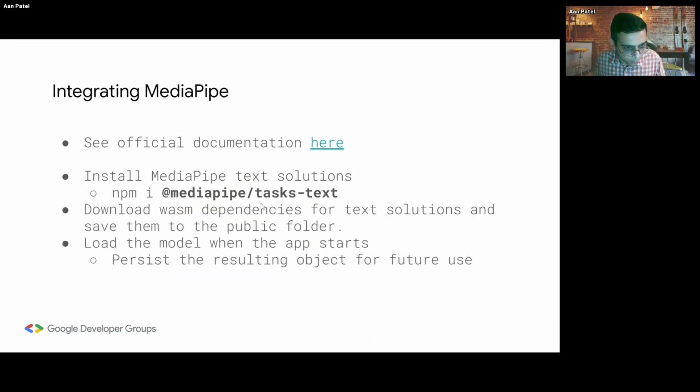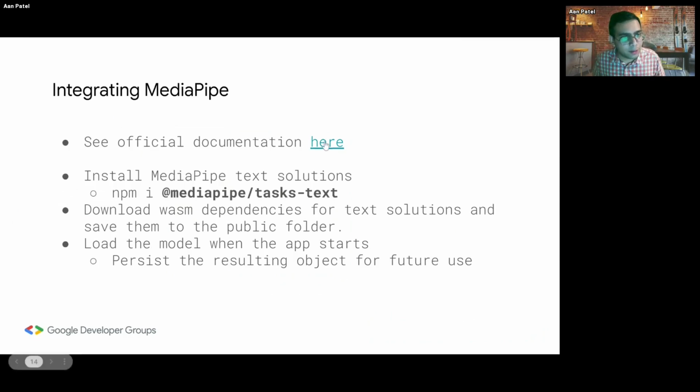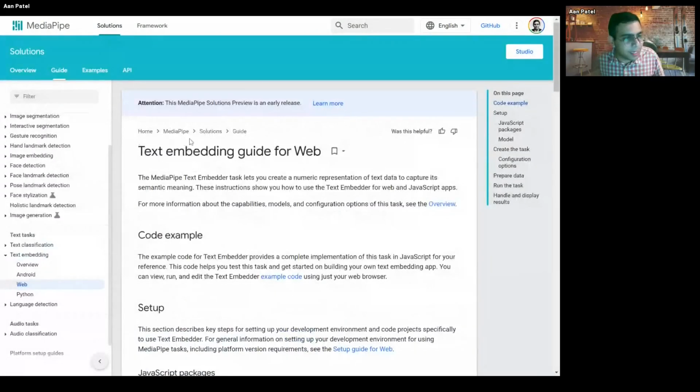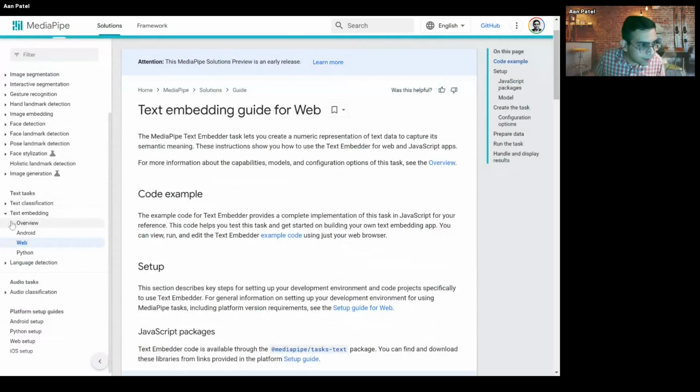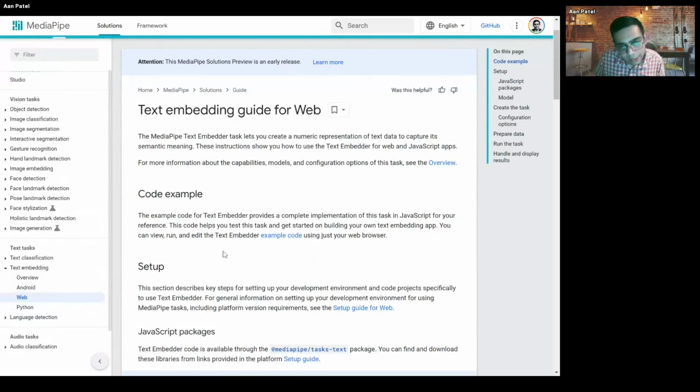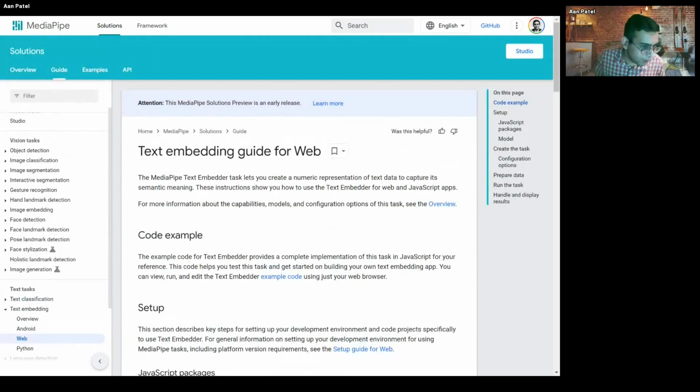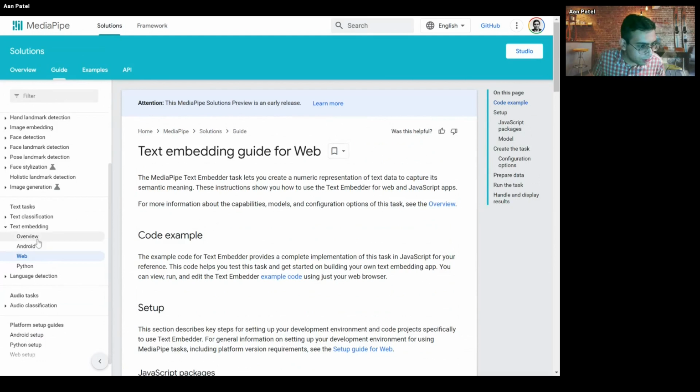So now you have a basic overview of the whole process, but how do you integrate MediaPipe into your application, into your React app? We'll look at the official docs for that. They have these guides for each different platform. If you look at these tasks on the left, if you follow the link from the slides, and the slides have been shared in the chat as well, you'll be able to see all of these different